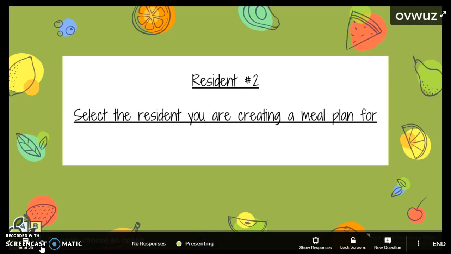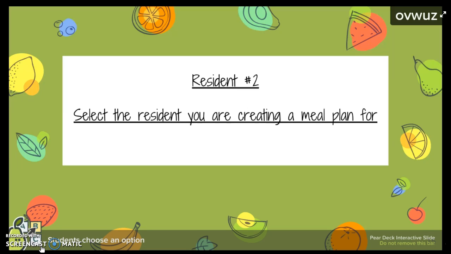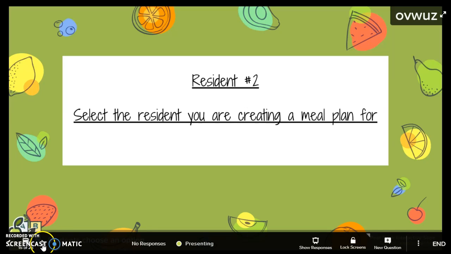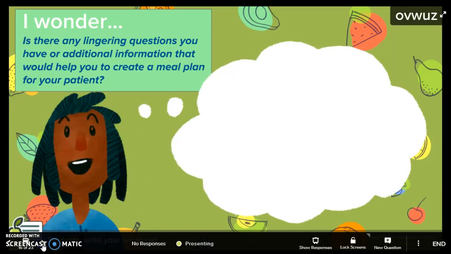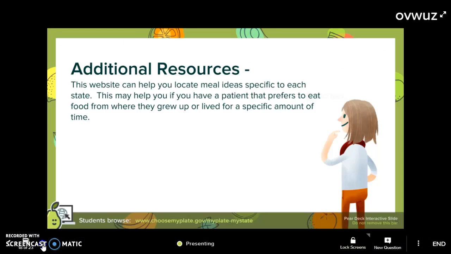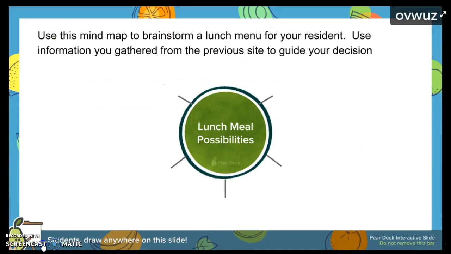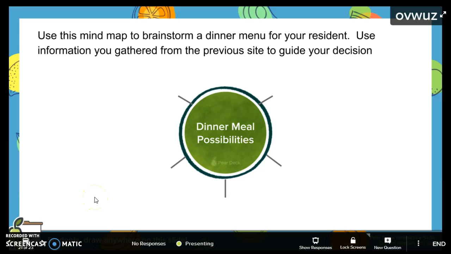Okay, and then they're going to go through and do the second thing, or the second resident, and it's the same thing. They're just going to go through, answer any questions, additional resources, and then they're going to do their meal plan. What's neat for the students when they're using the TVs in the library at North is that they